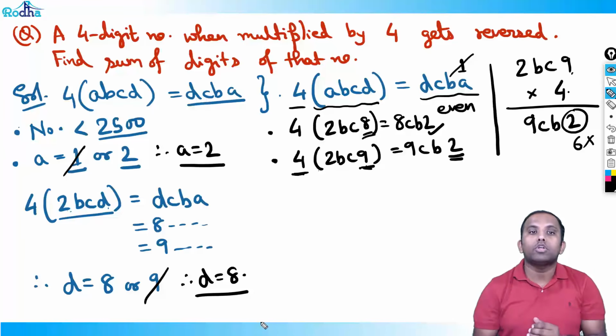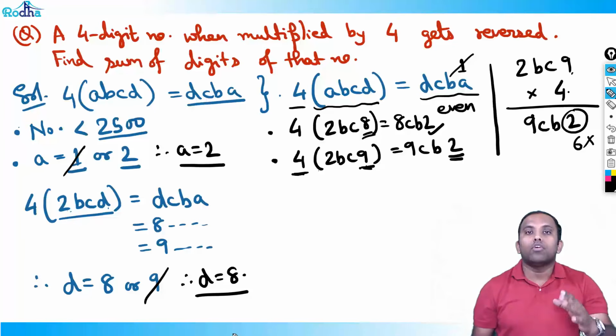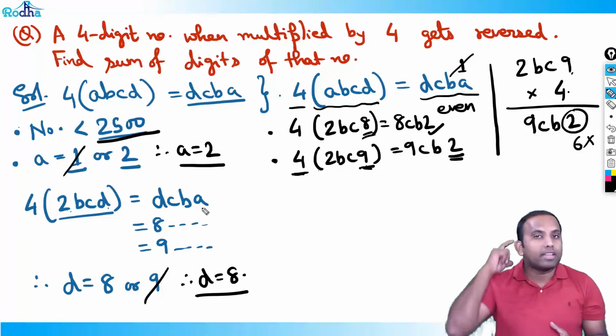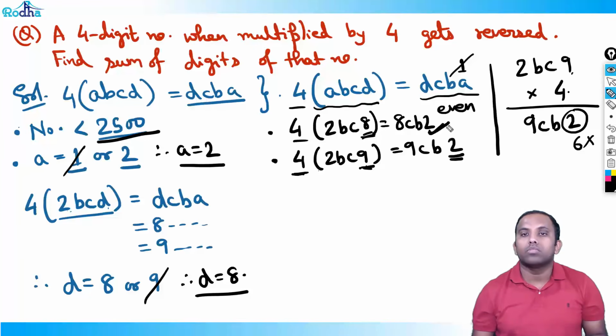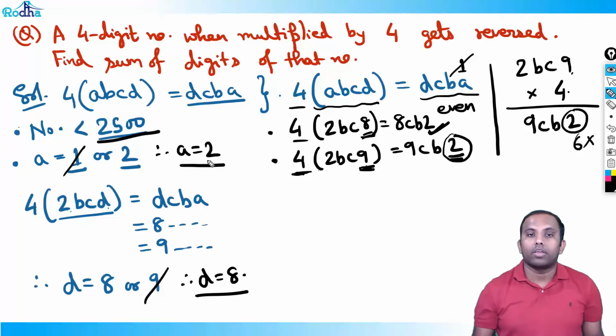That's it. Now if A is equal to 2, 2000 something into 4, because the number is less than 2500 also. So a number between 2000 and 2500 when multiplied by 4 will be either 8000 something or 9000 something. That means D is equal to 8 or 9. If I put D is equal to 8, it's satisfied, right? 4 eights are 32, so it is 2 and carry 3, so no issue. If D equal to 9, 4 nines are 36, so it is 6. It is not 6, it is 2 here. That means 9 won't satisfy. That means for sure A equal to 2 and D equal to 8.